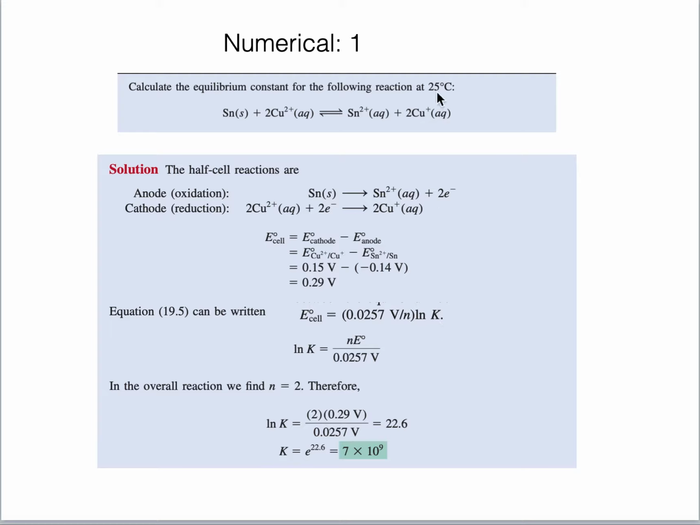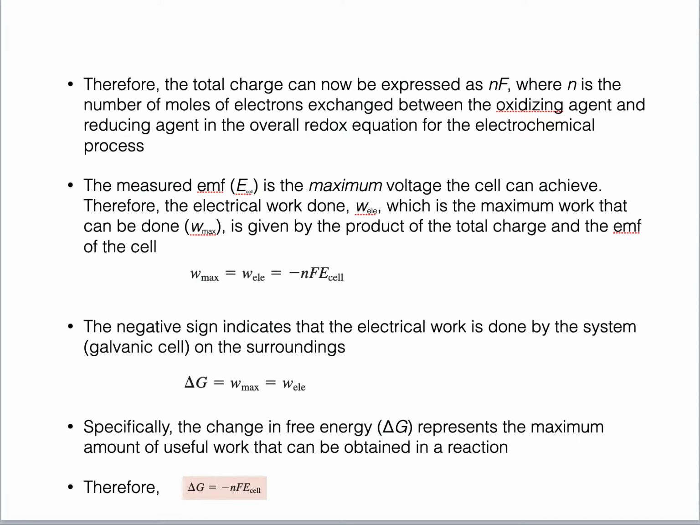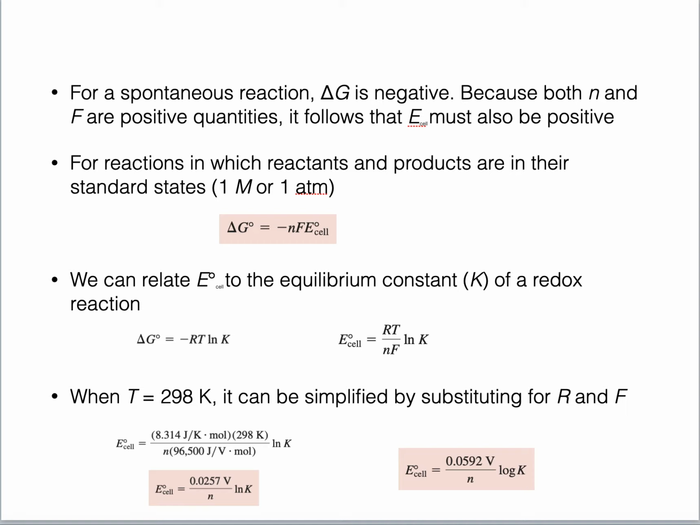Since the reaction is taking place at 25 degrees centigrade, we are using this simplified version. Otherwise, you can use, let me check the other relation, this one. If the temperature is different, then you can use this relation: E naught cell is equal to RT over nF into natural log of K to find out this equilibrium constant. Okay, coming back to the numerical,